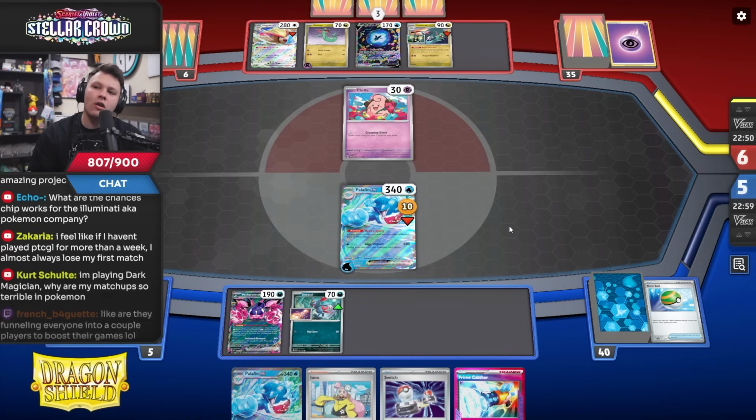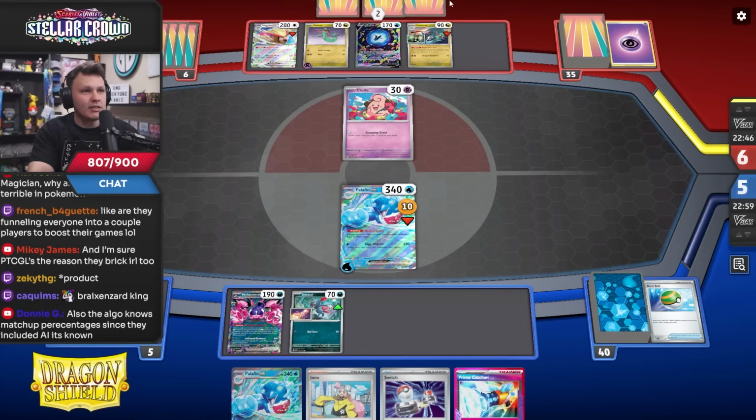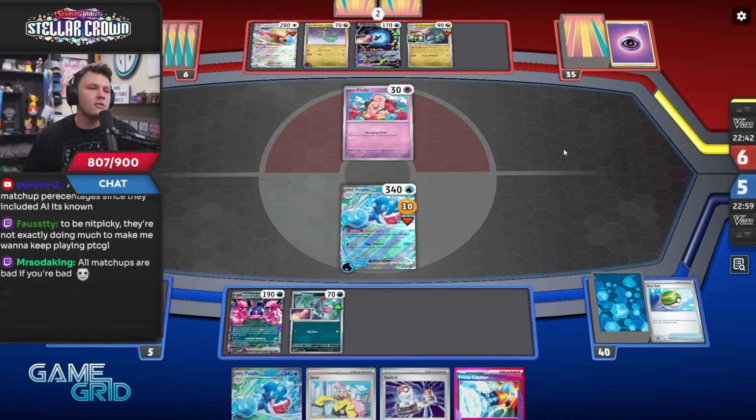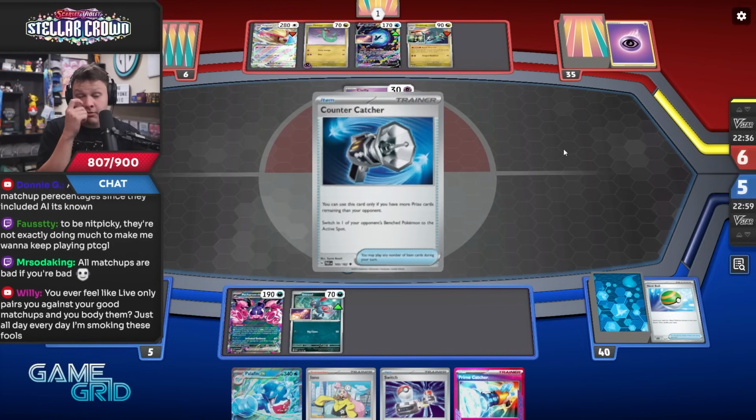Dude, the more I have thought about it, the more I think, well, it depends how aggressive the format is. But the EXP Share in Dragapult is genius. It does depend how aggressive the format is, though. If Raging Bolt's not that popular, you probably don't need it. But if Raging Bolt is popular,